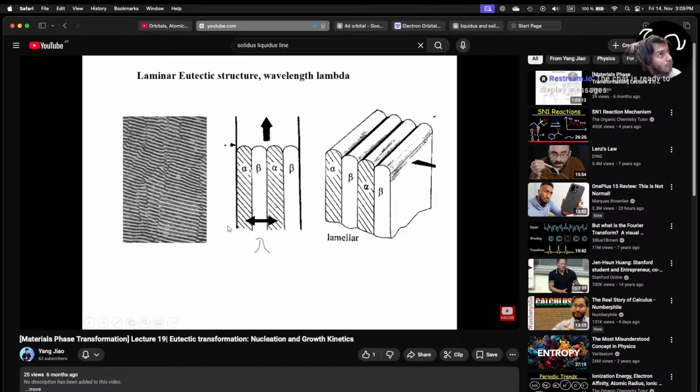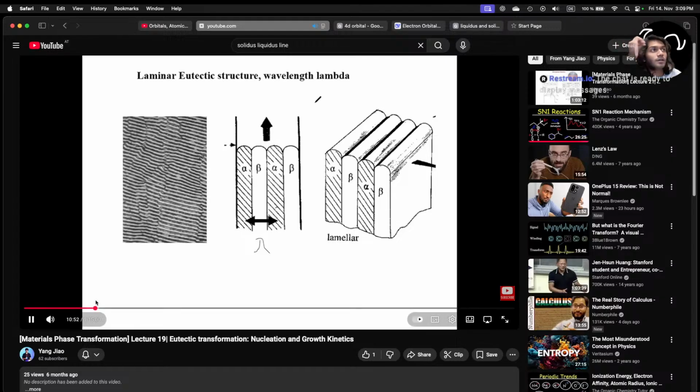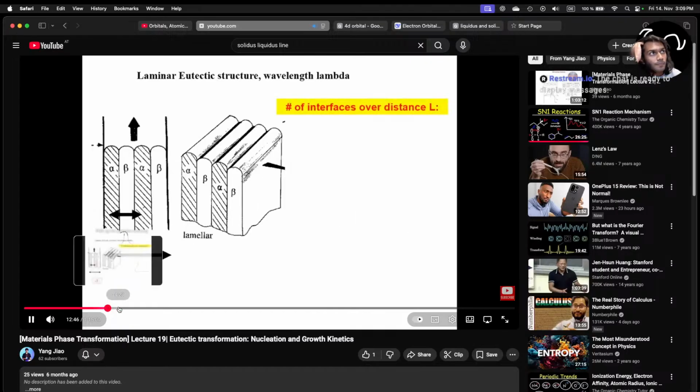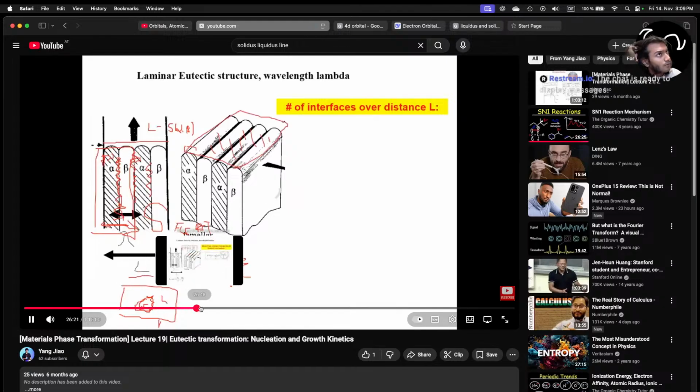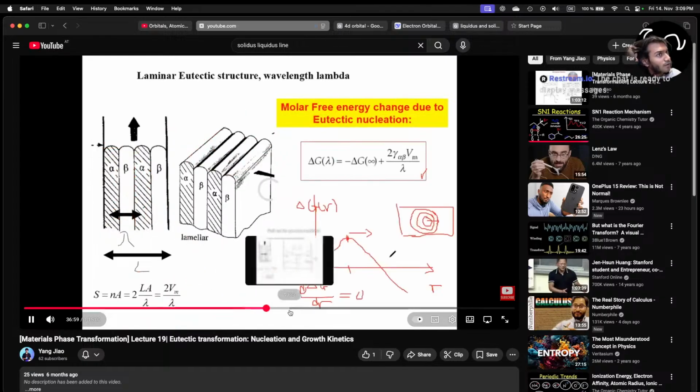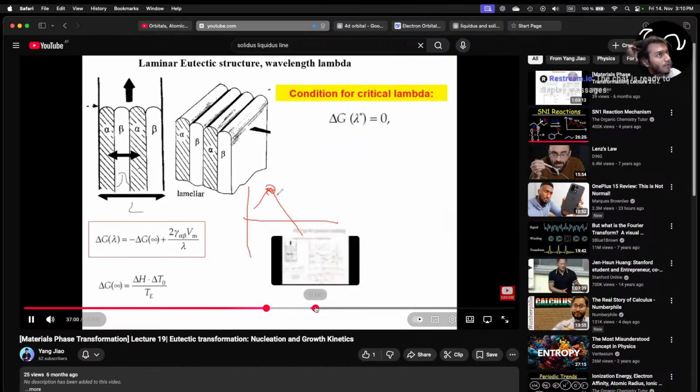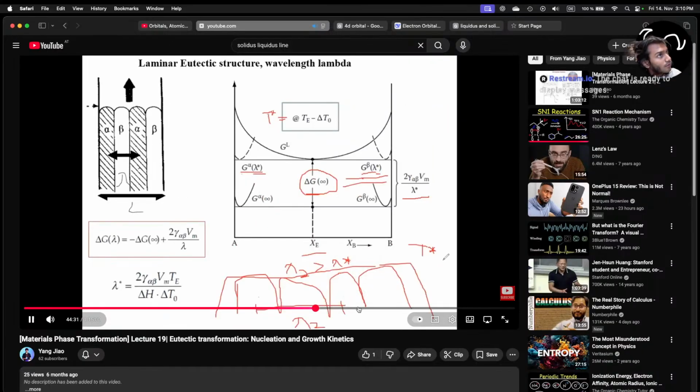Now this lambda is the same thing as, let me see, I did not know they use a lambda notation in the diagram. We know that the interface is going to be the source of the